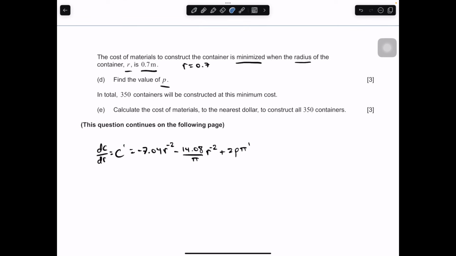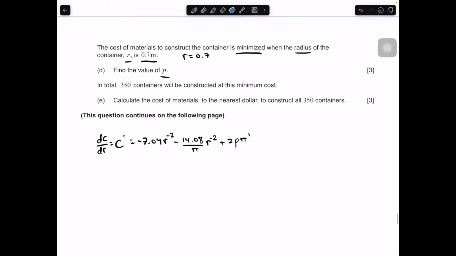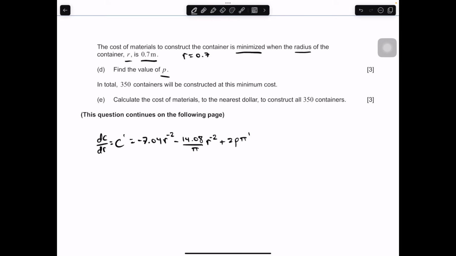So the cost of the materials to construct the container is minimized when the radius of the container is equal to 0.7. It's a good question. I think it is. So I'll draw an axis, a set of coordinates here. And what do we know? Something is minimized. If we have some function like this,